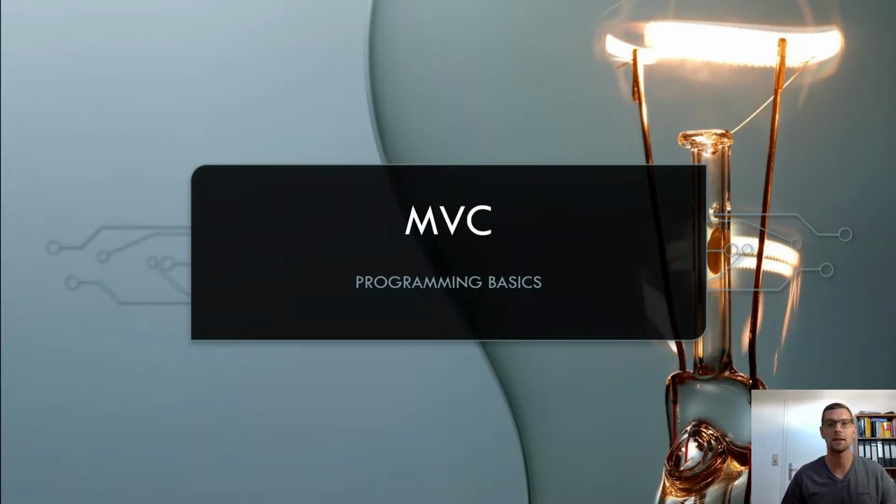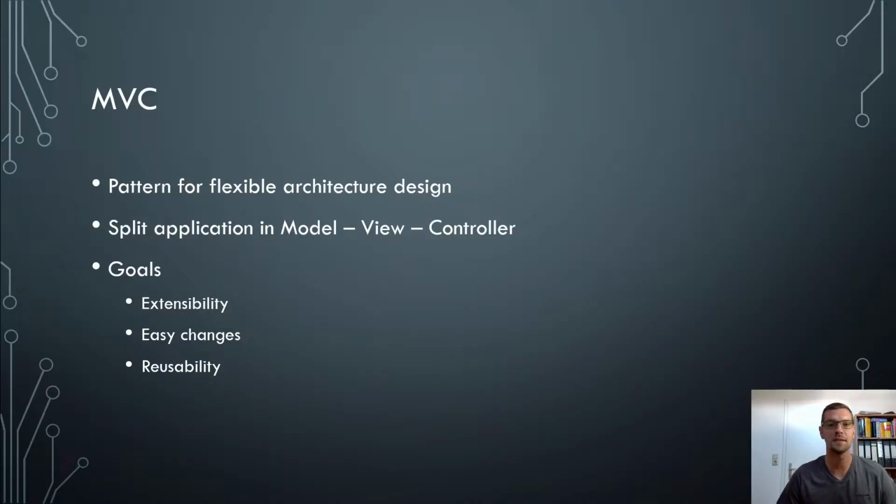Today we are talking about the MVC pattern. Well, the MVC pattern is a pattern for very flexible architecture design in programming, which is used a lot and which is still a very practical thing. There are a lot of derivatives from it, but it is very, very useful and great to know because all the big programs are basically programmed in the manner of